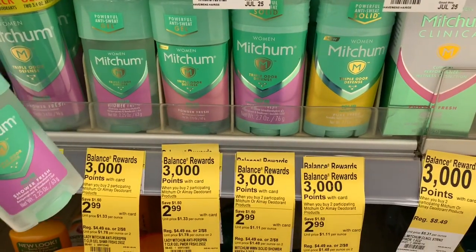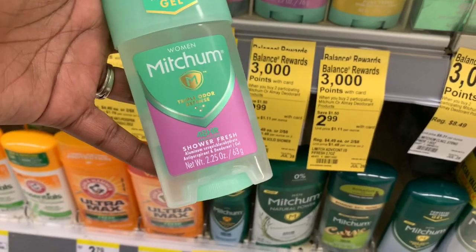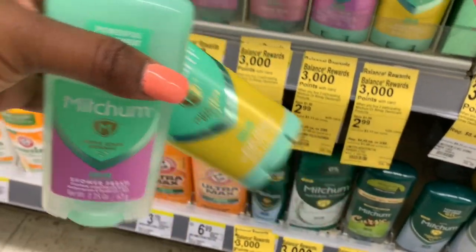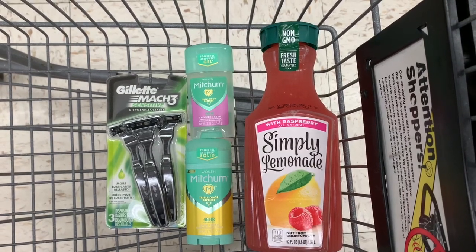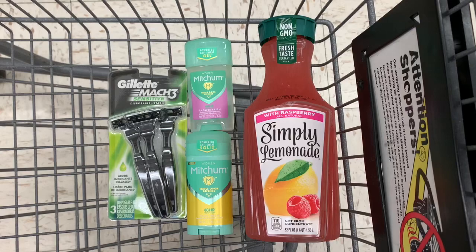So yeah, let me pick up, oh, I'm dropping stuff. So let me pick up 2 of these, and then I'm gonna put them in my cart, and then this will complete my 3 off of 15 scenario. So before coupons, my total comes out to $15.96. So that 3 off of 15 coupon is gonna come off, that $3 Gillette coupon is gonna come off,